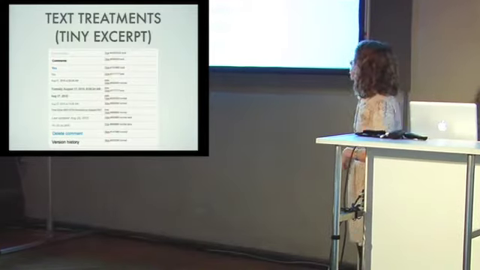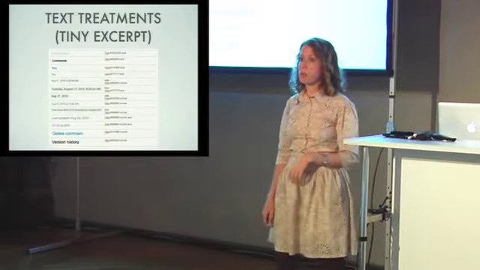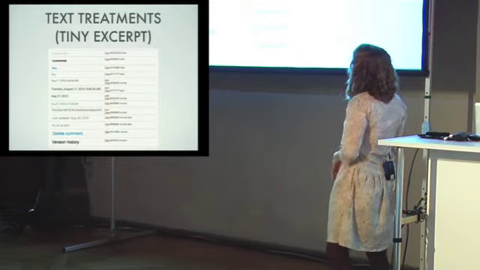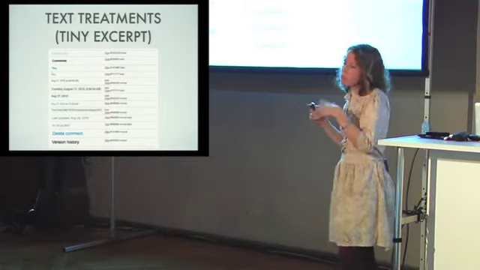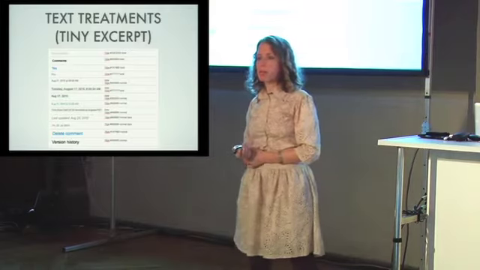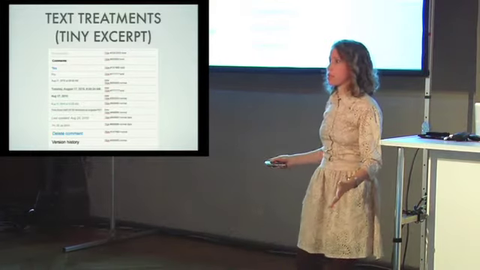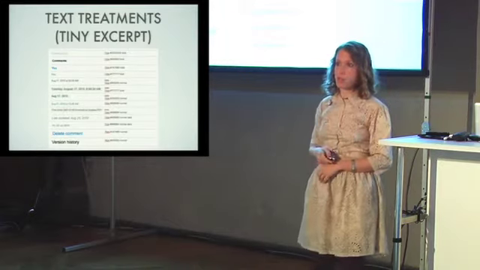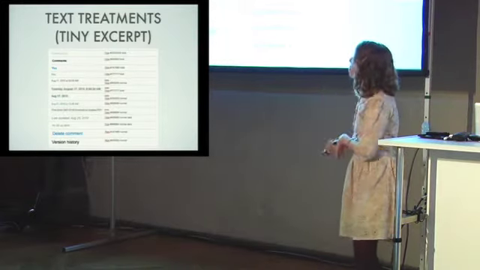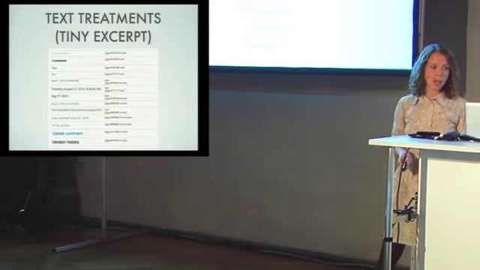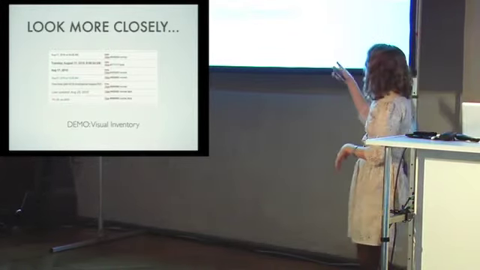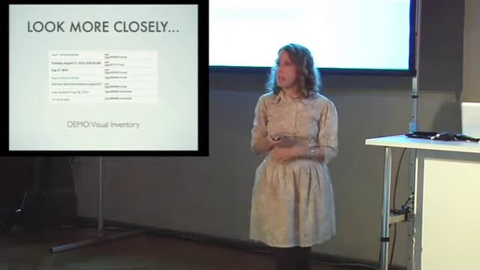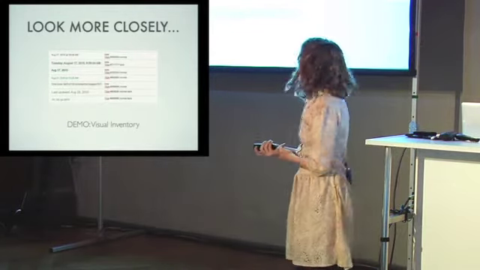I want to show you an example of visual inventory results that I did. So I basically go through an entire site, or, well, in this case I did 12 pages. We were able to find 12 pages that fairly represented the larger site. And you find all of the headings and text treatments. So this is an excerpt from the headings and text treatments. One thing to notice is if you look more closely, I think there were 7 or 8 different ways of doing dates in just 12 pages.